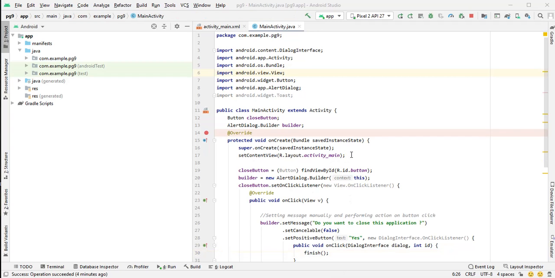To display an alert dialog box, first we need to build that alert dialog box. For that, we first need to create an object of the class Builder. This Builder is also a predefined class which is defined in the AlertDialog class. So first we create a Builder object to build the alert dialog box. Then we use this Builder object to create and show the alert dialog box on the output screen.